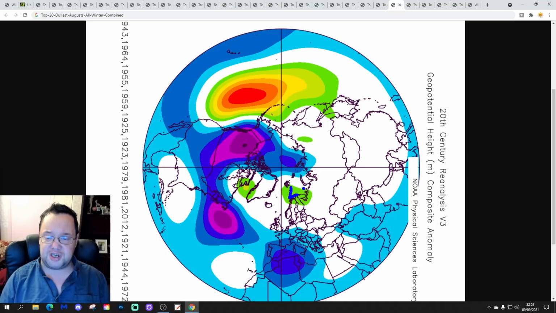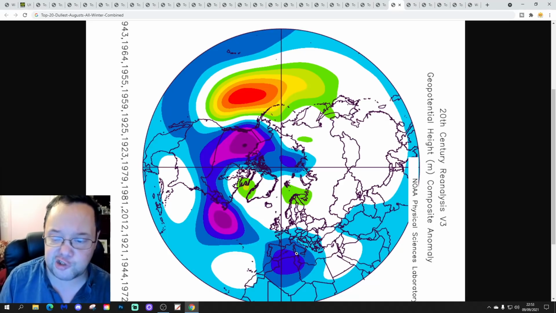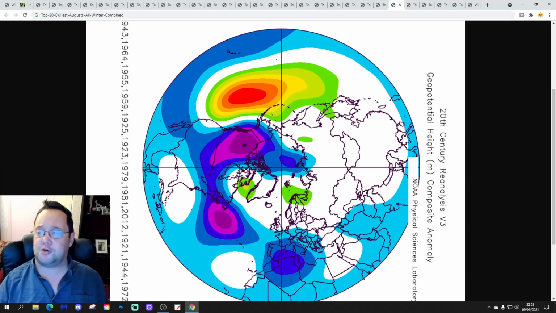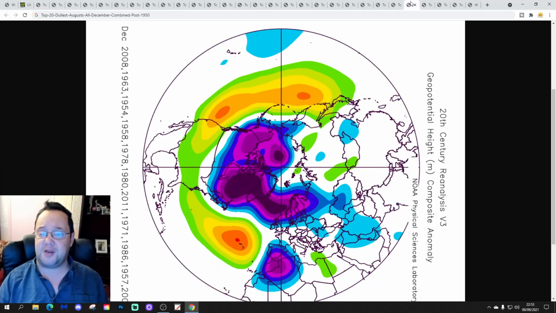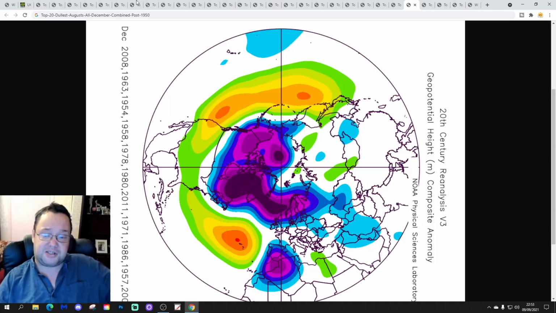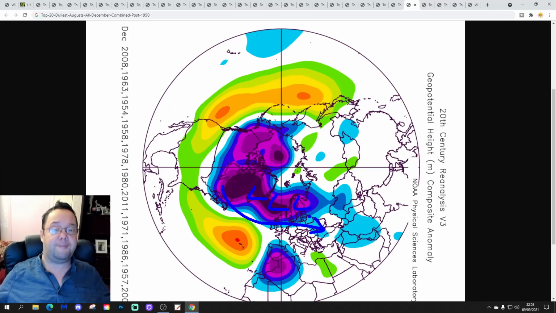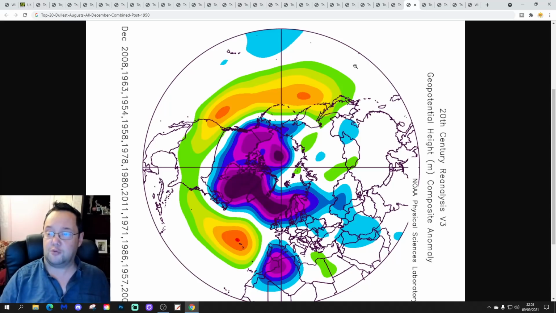Overall, we do see a bit of blocking within the high latitudes and lower pressure to our south, but remember there's a lot of intra-month variation going on. Last thing we'll look at is the years after 1950. So this is how all Decembers combined look following the top 20 dullest August post 1950. It makes no difference really for December. It's still overall a mild, wet, zonal, Atlantic-driven signal with winds in from the west along with the jet stream.